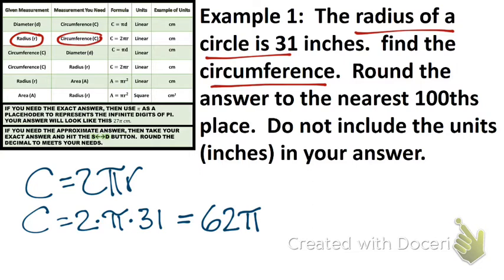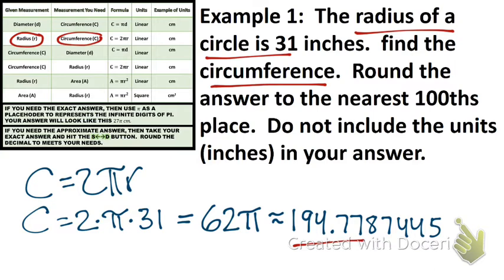But on this problem, it says round the answer to the nearest hundredth. So when I press the SD button on my calculator, I'm going to get this answer, 194.77874445. And because I'm rounding to the nearest hundredth, I'm going to keep 2 decimal places, and you can see that that 8 is going to bump up the 7 to an 8. And so my final answer for this problem is that the circumference is equal to 194.78. And our answer would be in inches,